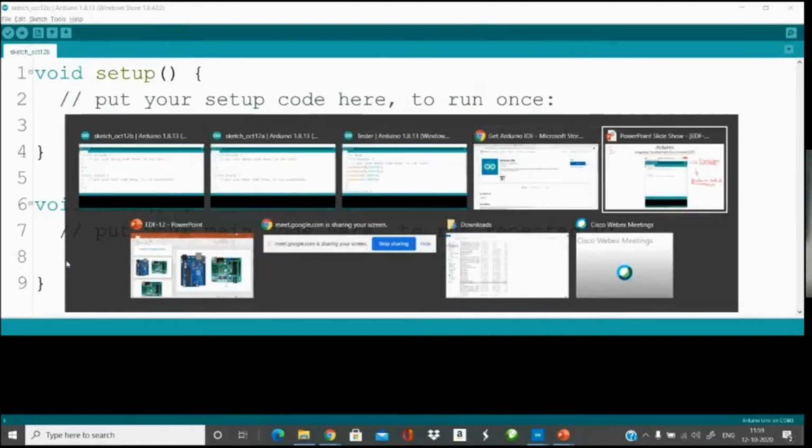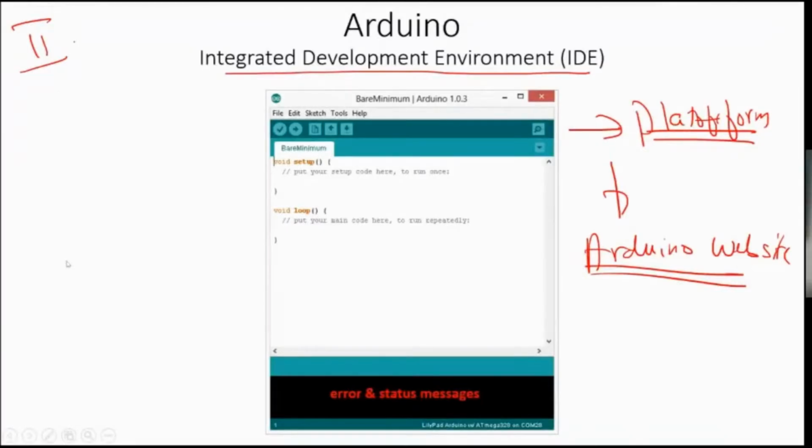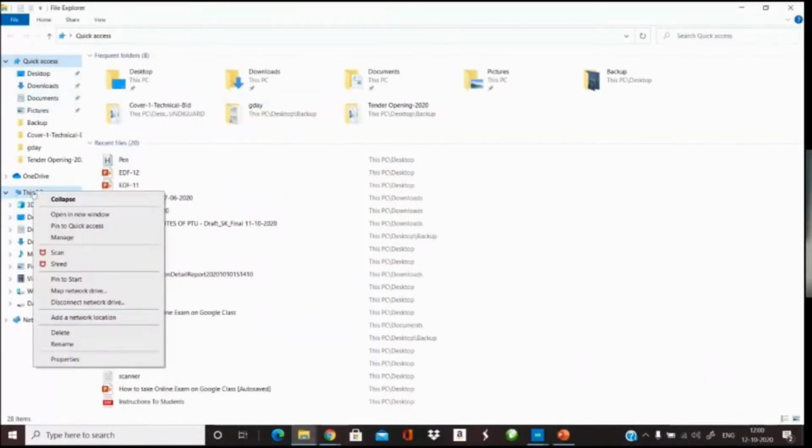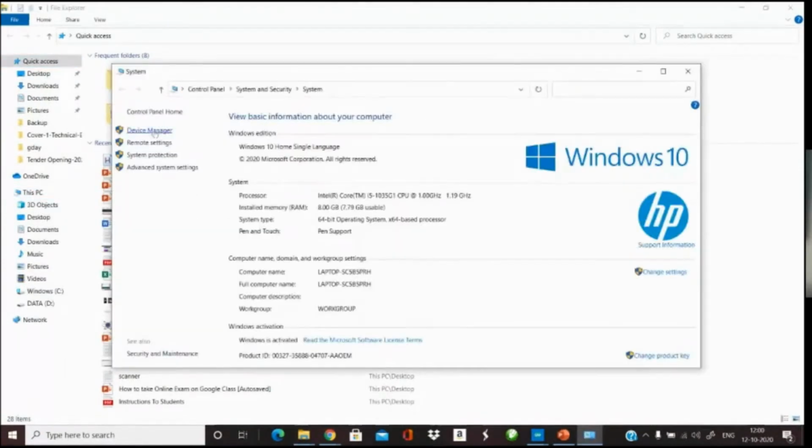Apart from that, we need to do some settings here. What are the important settings? You have to go to Tools. In Tools, you first select the communication port. Communication port means where exactly this board is connected to your computer. By default, it is showing COM3. For your computer, it may show something else. How do I know where exactly it is connected? For that, you go to your computer, go to Properties, and then Device Manager.